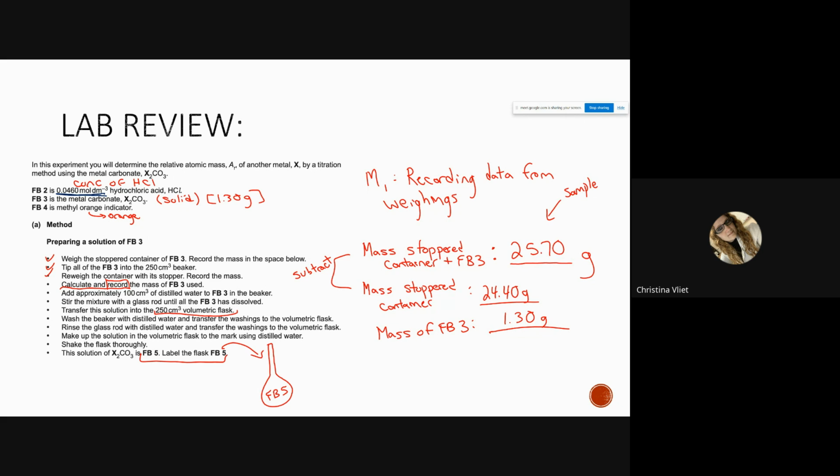FB5. So you should write that because you are going to go back and you're going to have to answer math about this stuff. So you need to know what the different things that are labeled are, right? So FB5 is this 1.3 grams that was dissolved in 250 centimeter cubed of